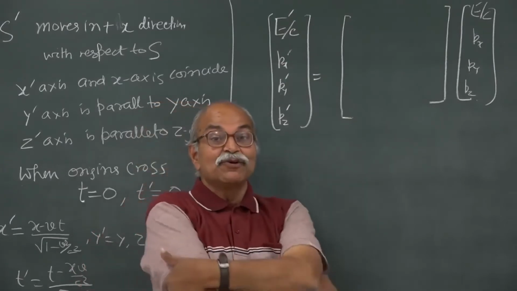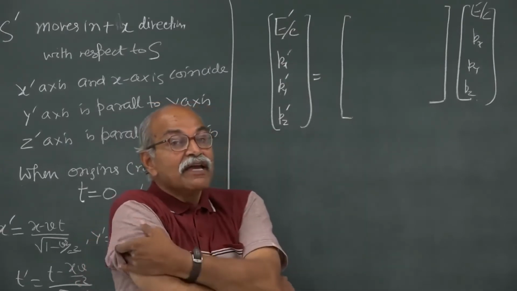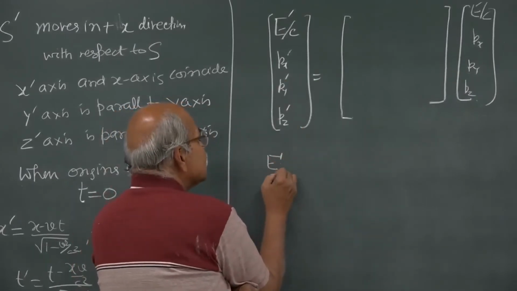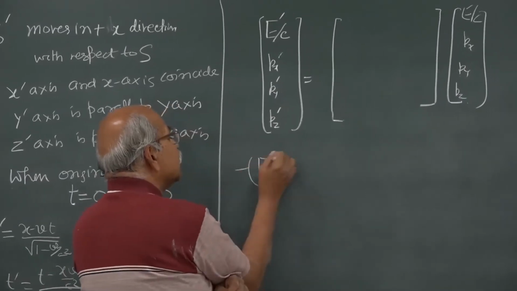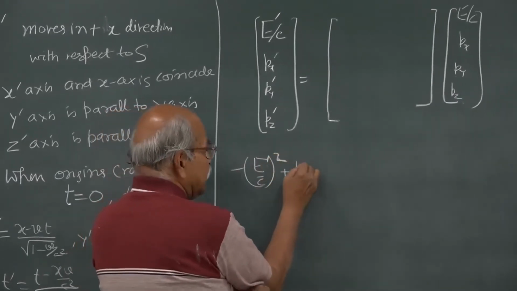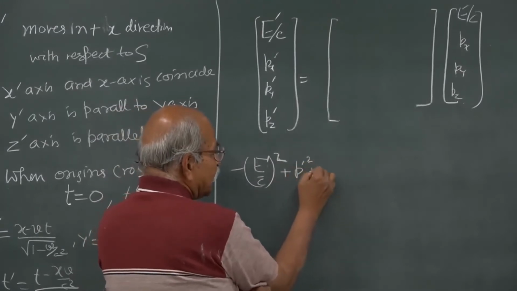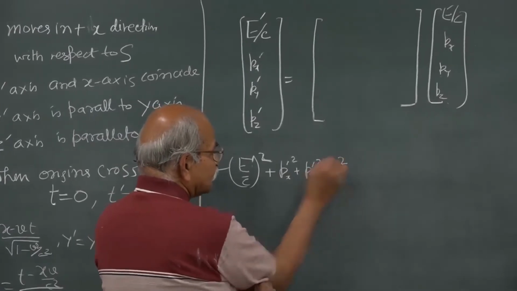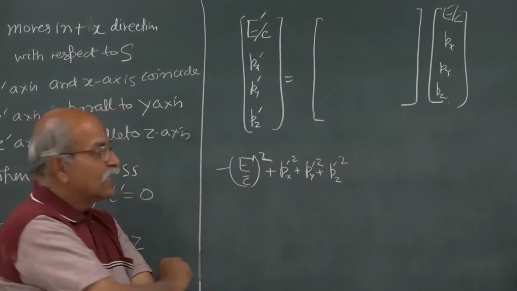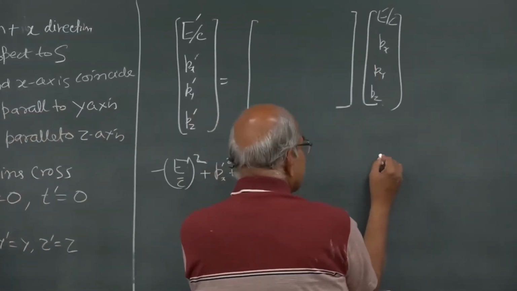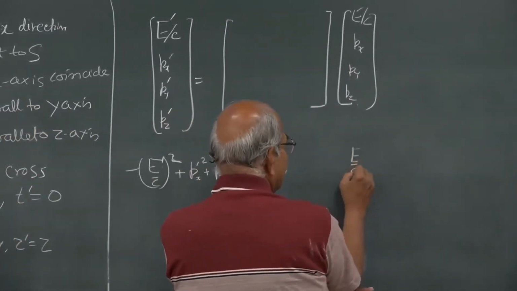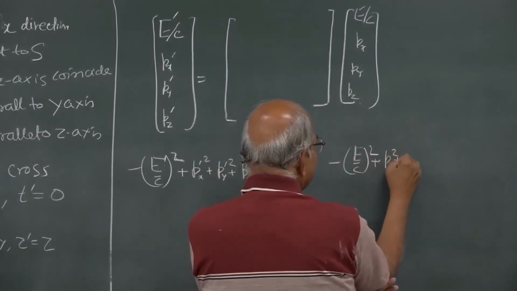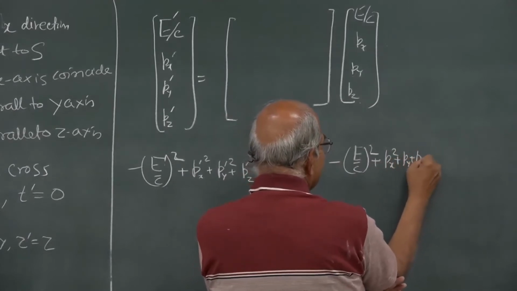But one thing I can be very sure of, if I consider this quantity, minus E prime by C square plus Px prime square plus Py prime square and plus Pz prime square, and here I construct this quantity, minus E by C square and plus Px square and Py square and Pz square,